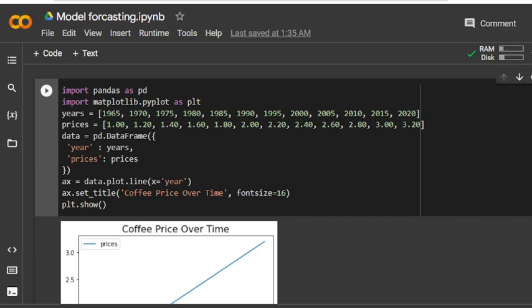So this is the second building block, and most of the time we use it as a part of more complex time series. It can also be used as a standalone.